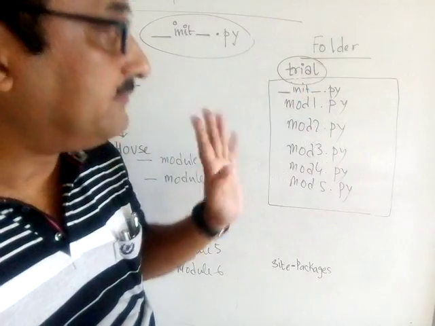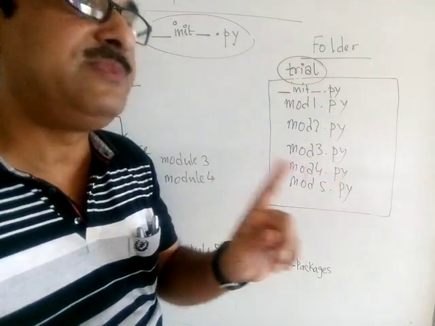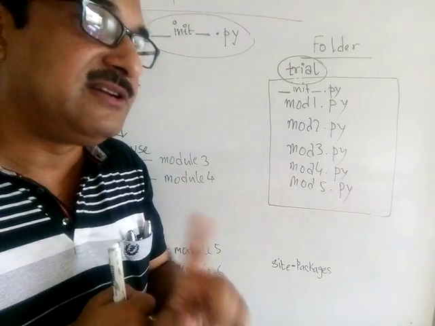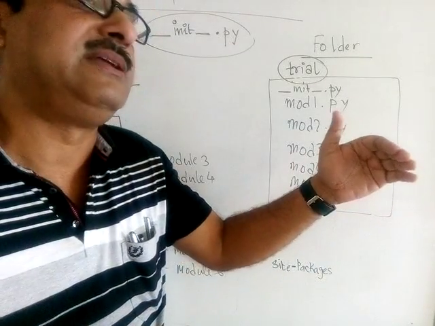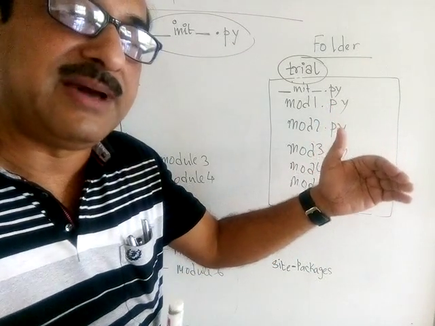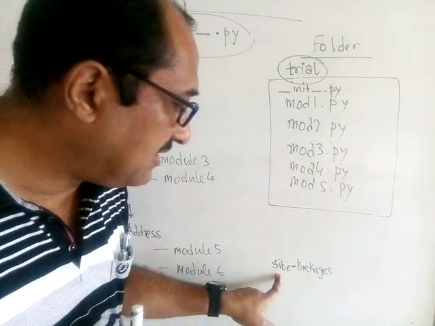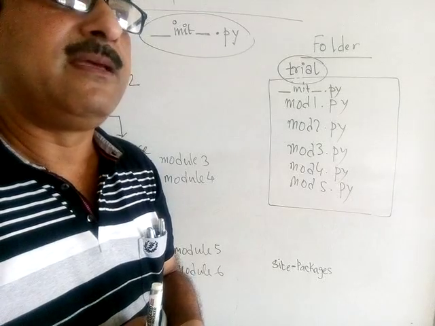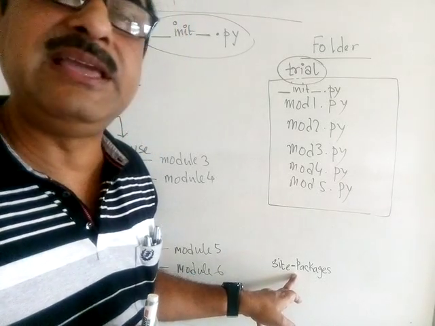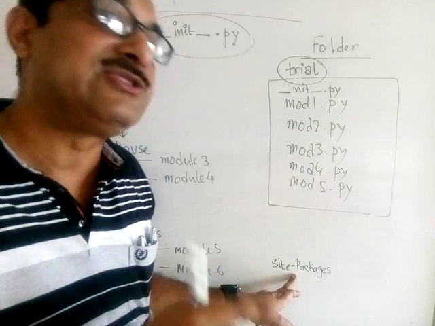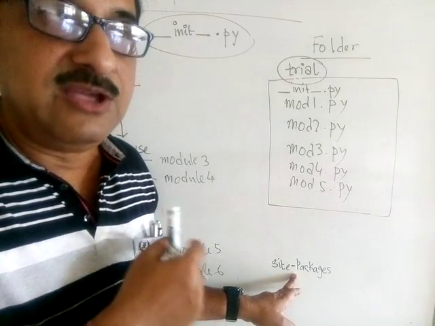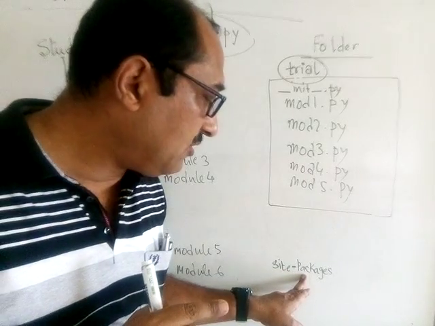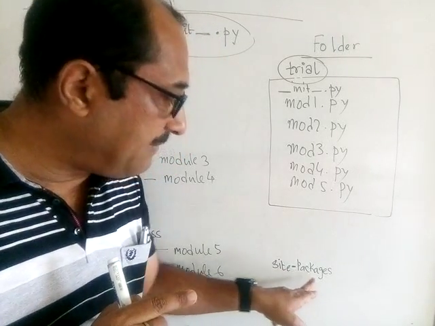My package is ready, but this package has to be in a particular place. Where would that package be? We have to find a directory in Python. Wherever you have loaded Python, there has to be a directory called site-packages. This folder will be there, but it is not the same on all computers. It depends on how you have installed Python on your computer. From whichever directory Python loads, in that directory you have to find the folder called site-packages.